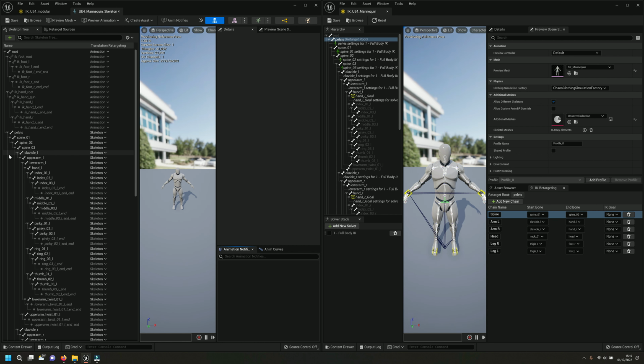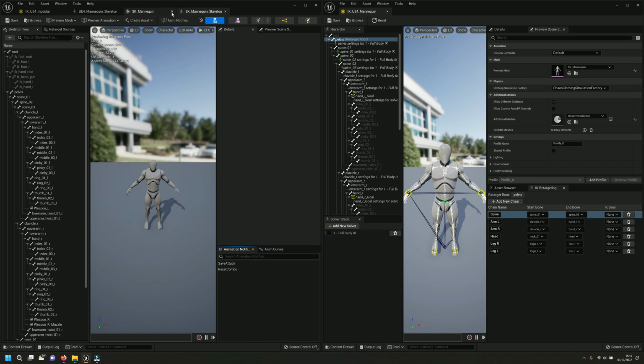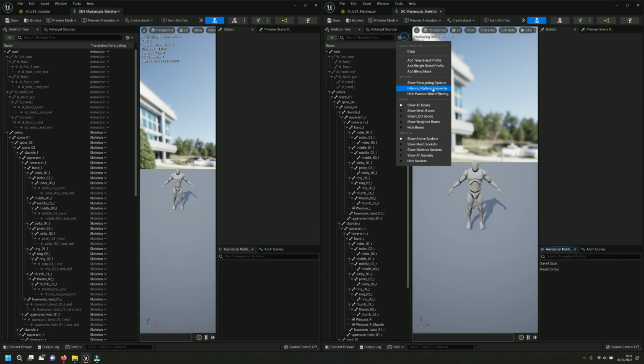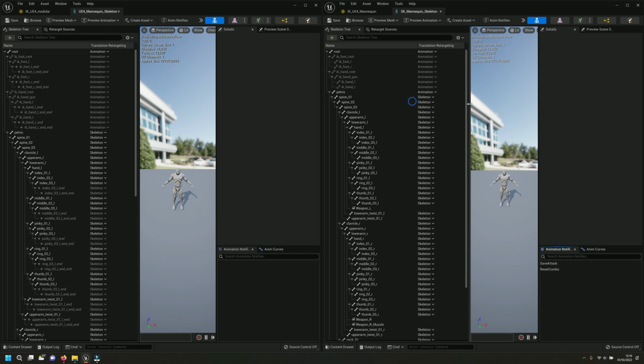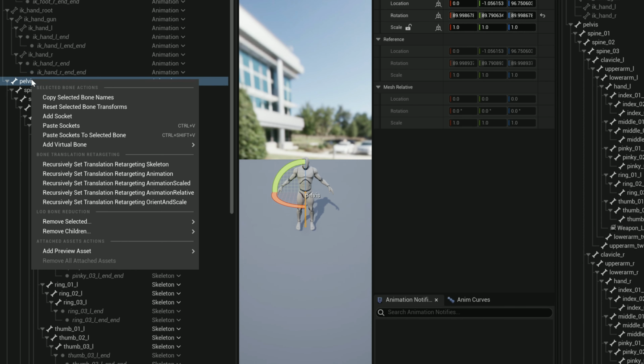Normally what we should do is open up the one we're trying to copy from, it's going to open the skeleton for that guy. If you open up the menu here as well, show retargeting options, they should be matching. This one should be animation, so you have animation on the pelvis, and then everything else is skeleton. You can actually apply skeleton to all the children. If you right click in there and you do recursively set